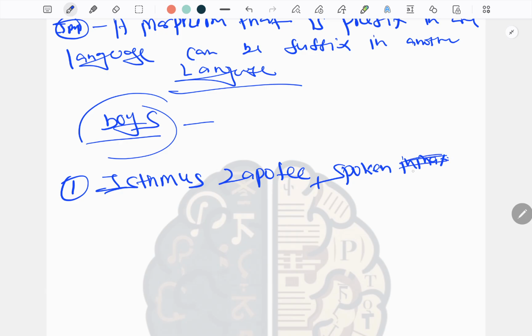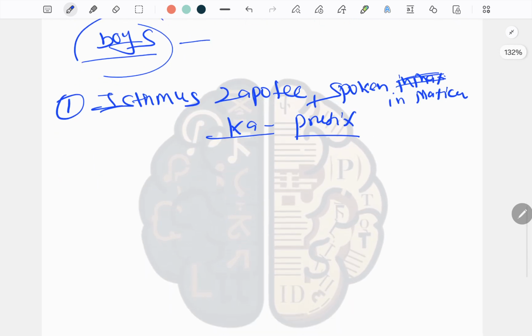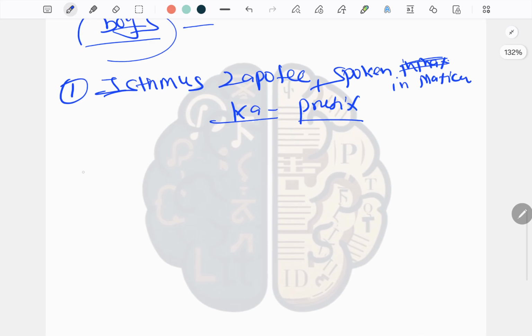To make the plural, they add ka as a prefix. For example, in the Isthmus Zapotec language, which is spoken in Mexico, there is a word